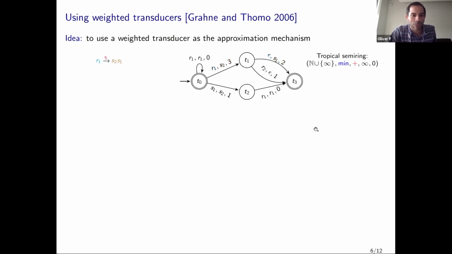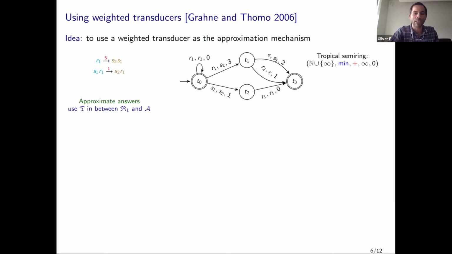Just let's put it here on the left. Another example is here in this path. We have an input word S1 R1 and the output is S2 R1 and the cost is 1. Now, the idea of Grahne and Thomo is to use the transducer as approximation mechanism and to put it in